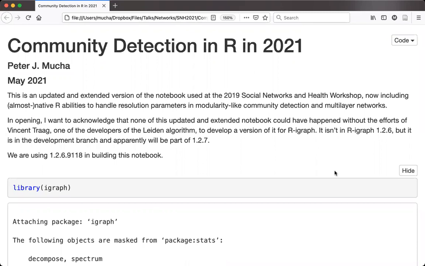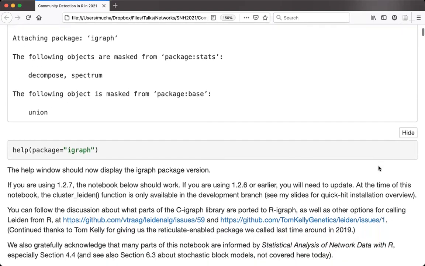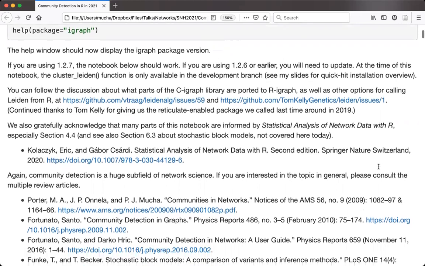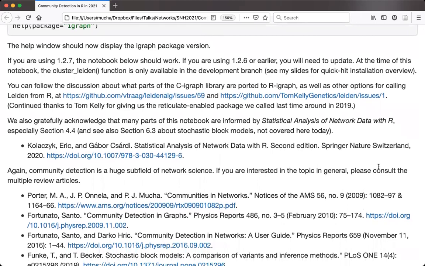Again, everything here is running on the development branch of iGraph. There are a lot of notes at the top of this document about how that got installed, and a number of references